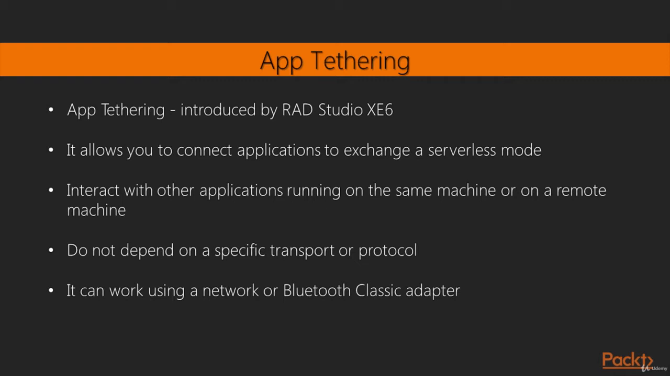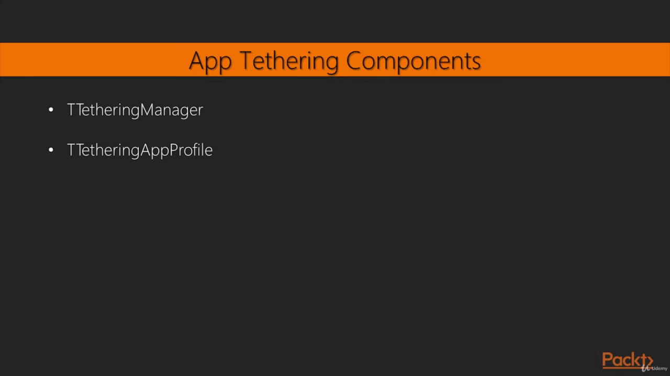App tethering features do not depend on a specific transport or protocol, and new protocols can be implemented using the App Tethering API. Currently, app tethering can work using a network or Bluetooth classic adapter using the same code. To enable an application to use app tethering, only two components are required. 1. Tethering Manager, used to discover other applications that are using app tethering. 2. Tethering App Profile, used to define the actions and data that your application shares with other applications previously paired